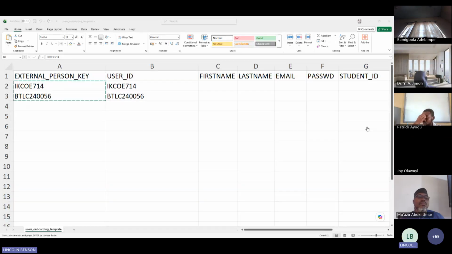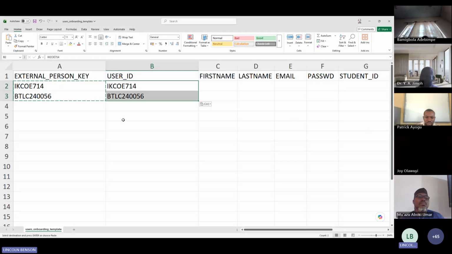Now, most of the time, yes, we understand that some people's last name can go missing in the process of onboarding, maybe first name. Just give them their access credentials, especially using their staff ID or matric number. Let them go and update it themselves. They can log in as long as the matric number is correct. Let me go back to that template. If this external person key is working,